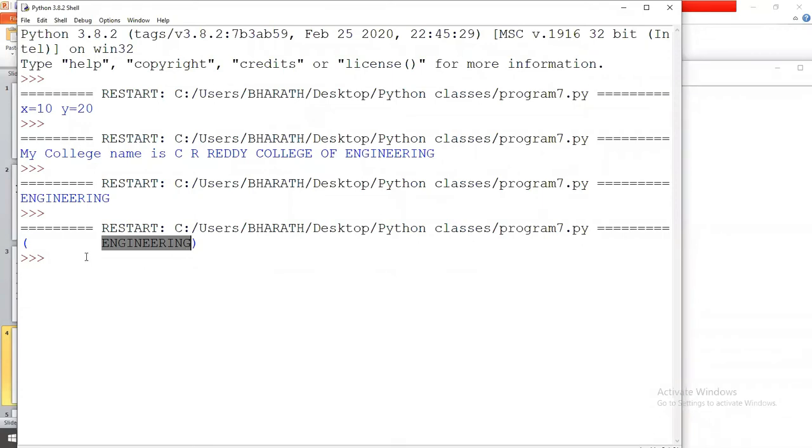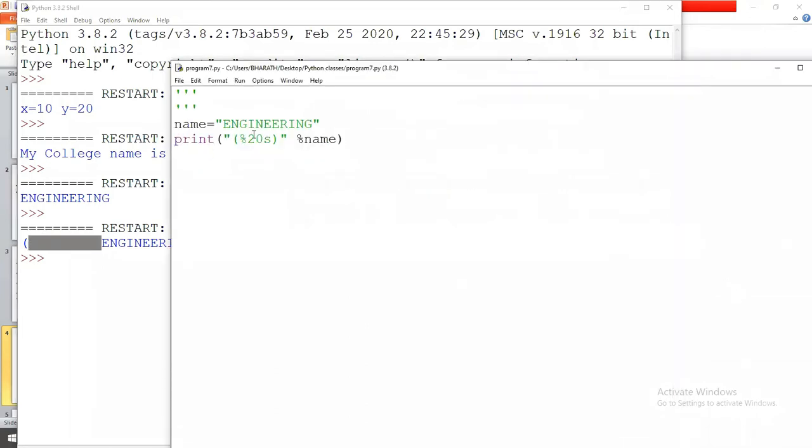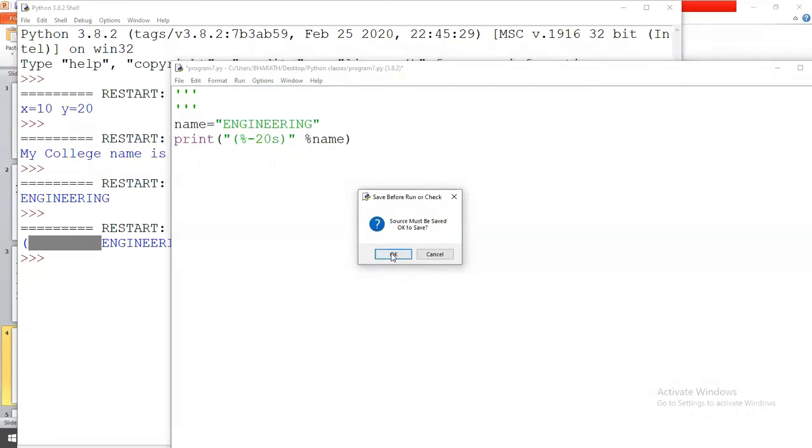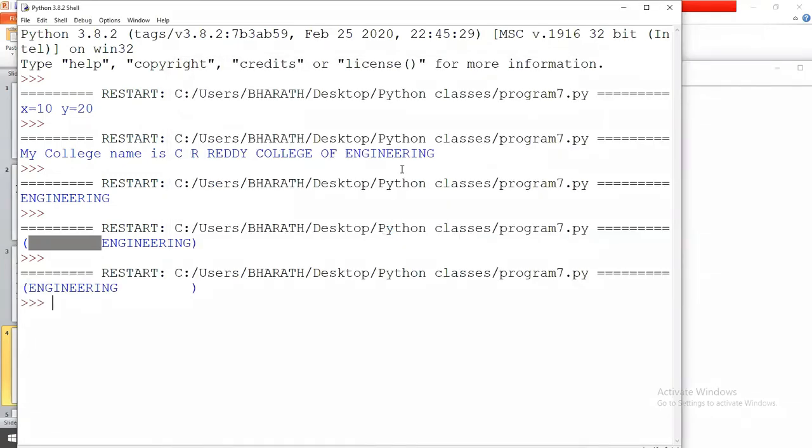For example, I want left justification. On the left side, all these are the spaces. So how can we eliminate that? If you use a minus here, %-20s. All these are formatting the data as per user requirement. In the first example, you are displaying only the content of the variable name, engineering.